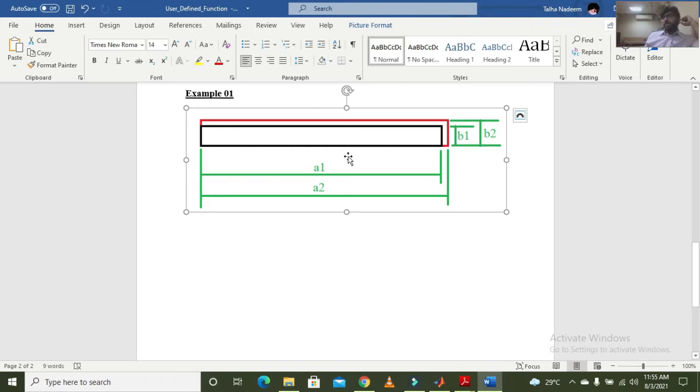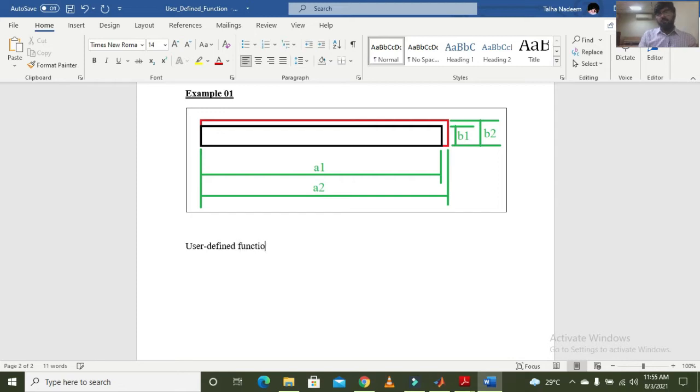So we will use the linear expansion formula for A as well as for B. A1 and B1 are given in the question. By determining A2 and B2, we will calculate the areas. The sequence for the question will be, first you will make a user defined function, which we have already made.